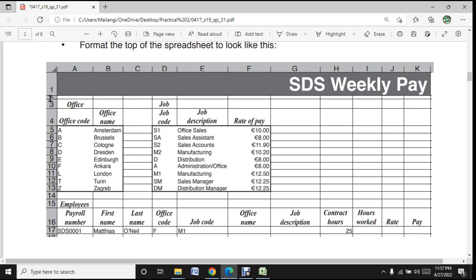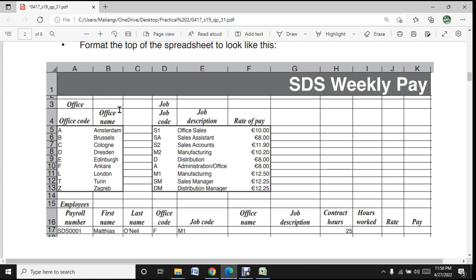You can see that column number 2 here has been decreased in size, and we can almost see the number 2. You can see the word office there. It looks like it's italic and also centered in the middle of the cell, from bottom to top, and also from left to right, right? See the same thing here for job. You can see the office code here. You can see the office name, and the office name comes in two rows,